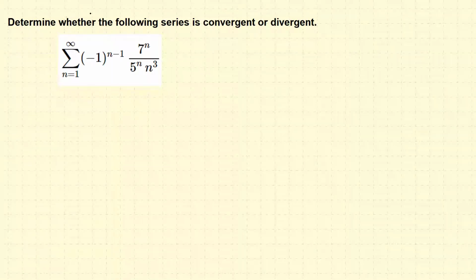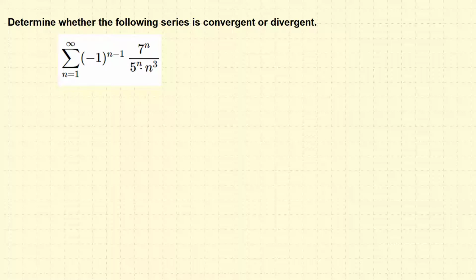Determine whether the following series is convergent or divergent. So we've got the sum of -1 raised to n minus 1. This one pretty much gives us alternating positive and negative signs, times 7 raised to n all over 5 raised to n times n cubed. Okay, because of n cubed,